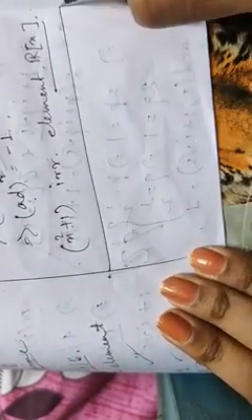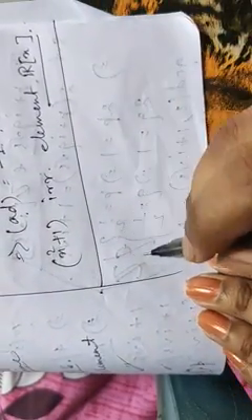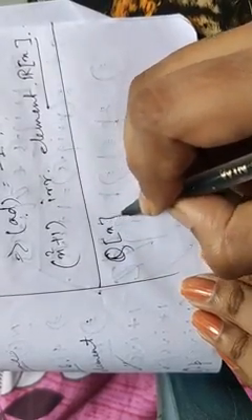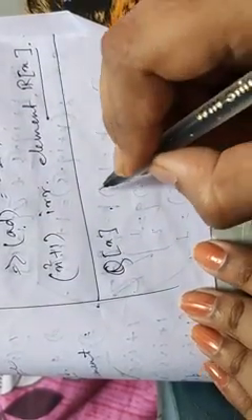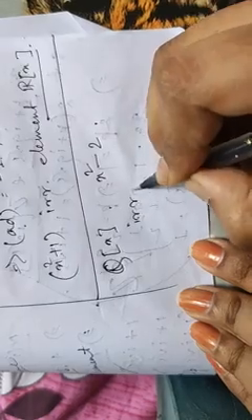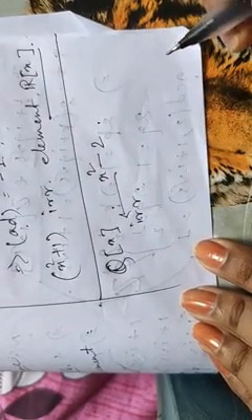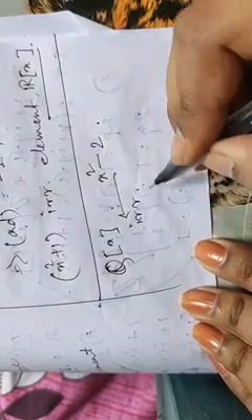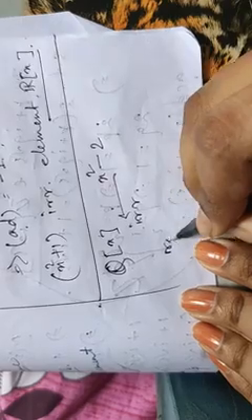Similarly, we can take another example which is quite similar to this. Consider the domain Q[x], this polynomial ring, and consider the polynomial x squared minus 2. We need to prove this is irreducible over Q[x] but reducible over R[x].